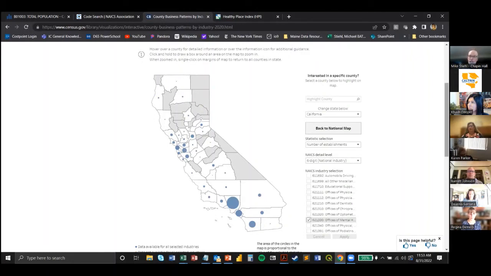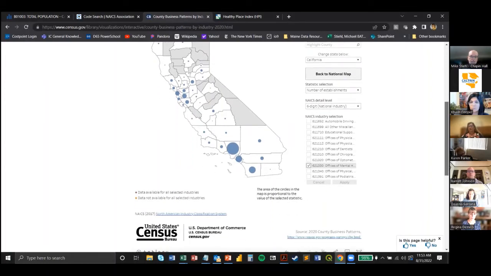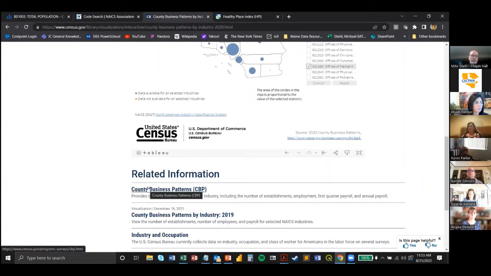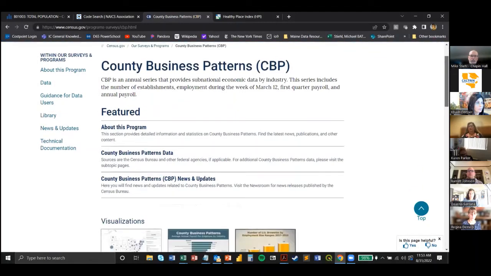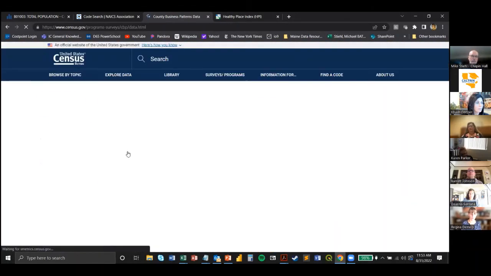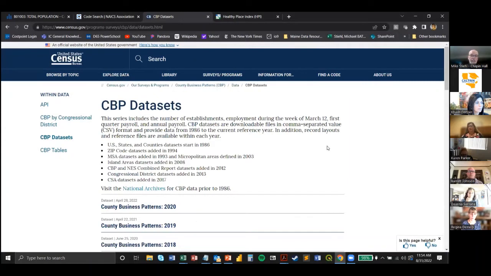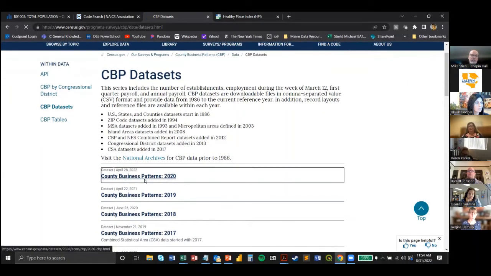But given that that part of the interface isn't working well, what you can do here is get this data out of the County Business Patterns site directly. So if you wanted all the data for all the counties, you can go back to this and then you just click data sets. And they've been collecting this data since the mid-60s. The website will give you data up to 86, although I don't know that you need to go back that far. And then if you just click on any given year,